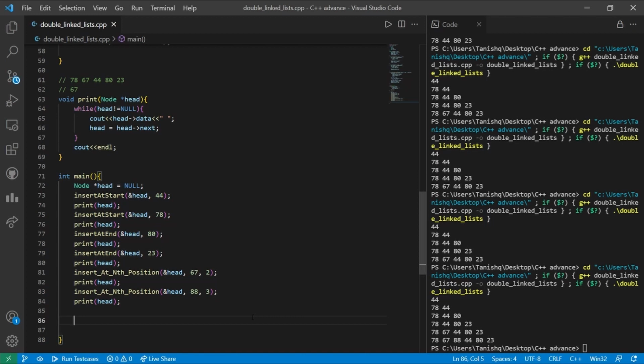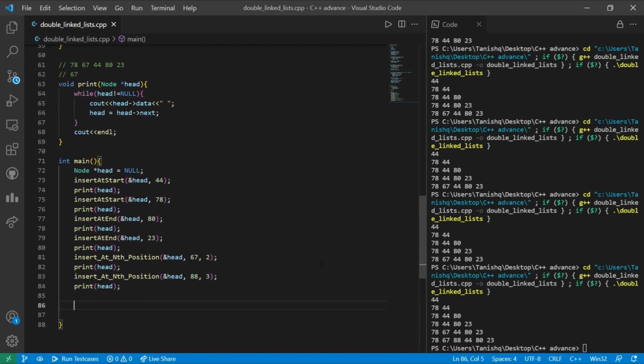So the function that we have created is working properly, and this was the first part, that is the inserting operations that are performed on a doubly linked list. In the next part we'll be seeing various operations which are performed on the doubly linked list for deleting a particular node. As the video length is going to be more, that's why we are keeping this particular topic in two parts.